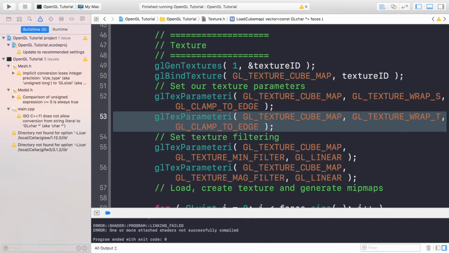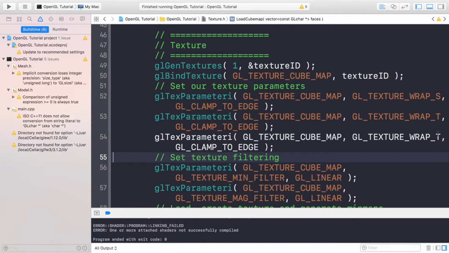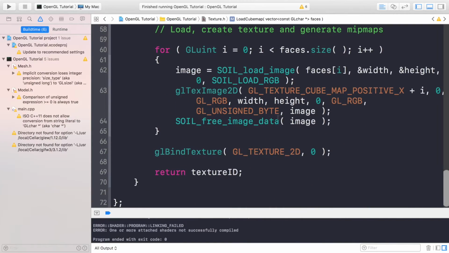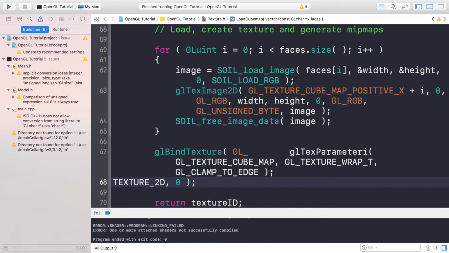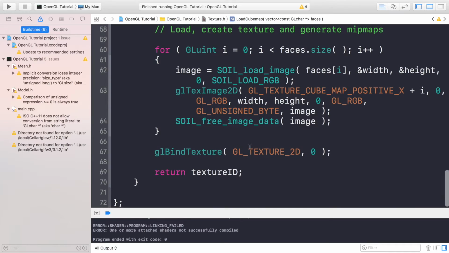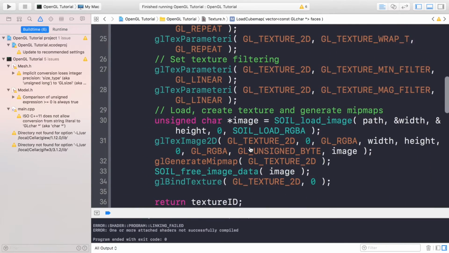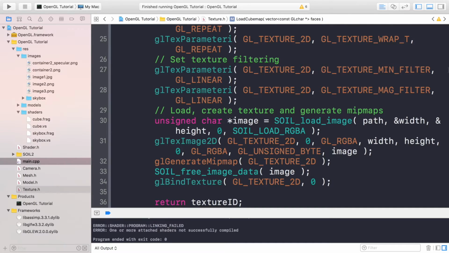And then finally, we have an ST value, we want an R value as well. Again, it's not a simple 2D texture, we need 3 parameters. Let me just have a quick look. No, that's definitely not what I wanted. Copy that, paste that here, and I think we're actually done for the load cube map method. So if we go back to